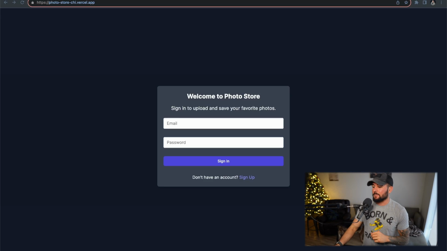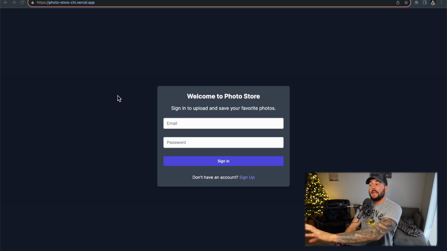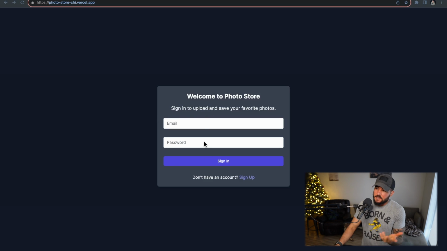Today, you are going to build a full stack Next.js application using Next.js, Supabase, as well as Tailwind CSS. And here is our finished application just to show you what we're going to build. So we are going to build and deploy this application in which a user can basically see this login page